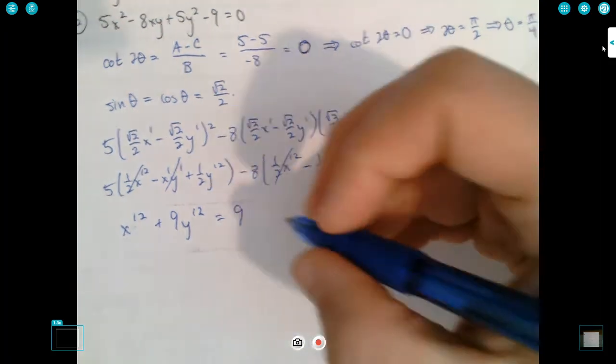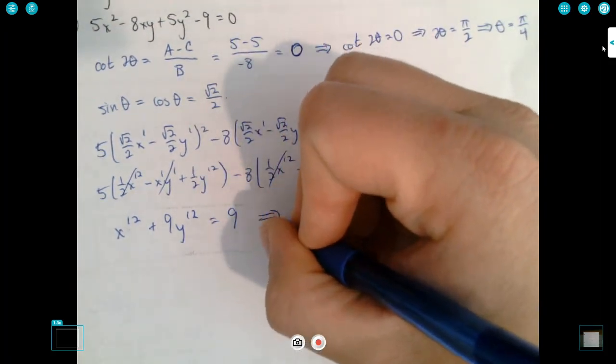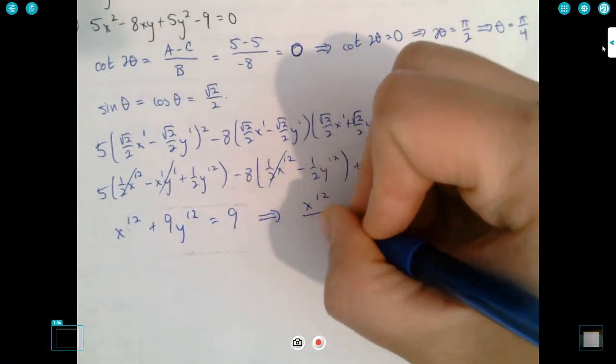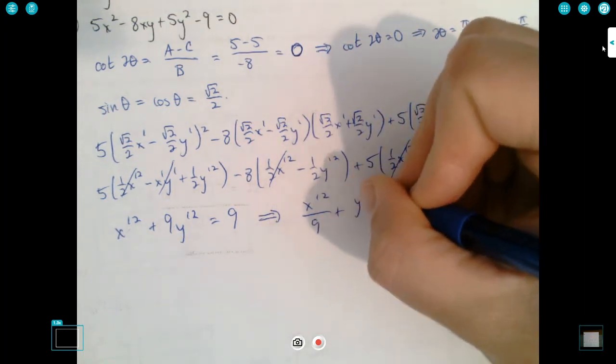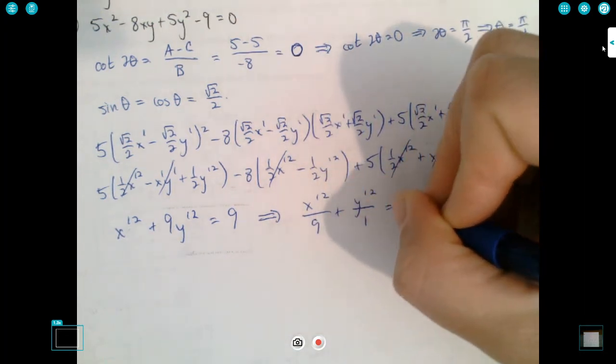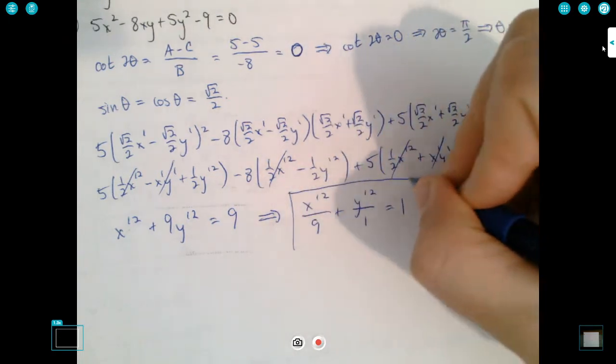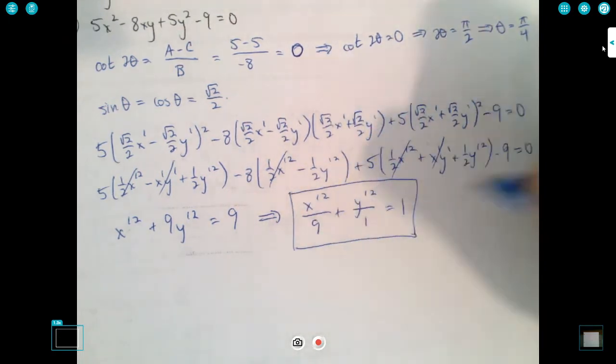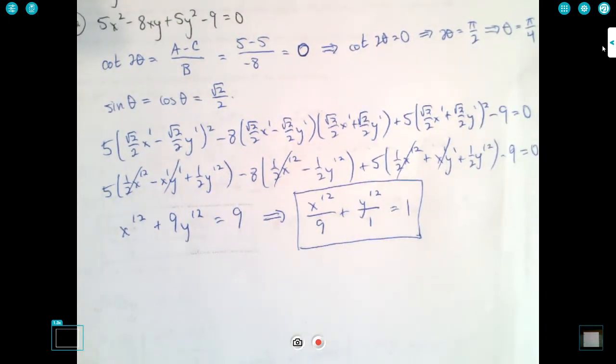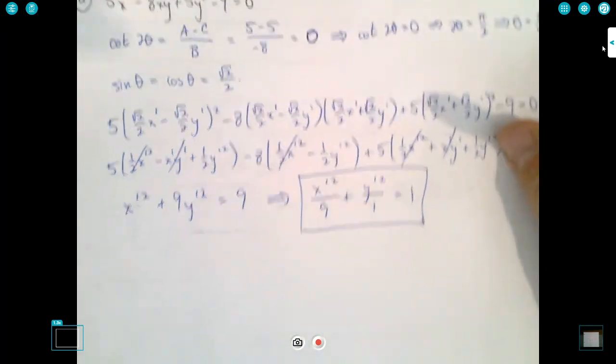And this is another ellipse, isn't it? If I divide through by 9, I get x prime squared over 9 plus y prime squared over 1 equals 1. Okay, so it's an ellipse. Now let's graph this thing. So to graph this thing,